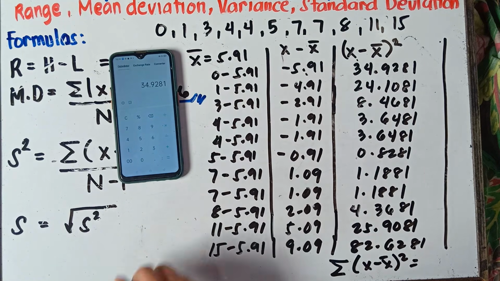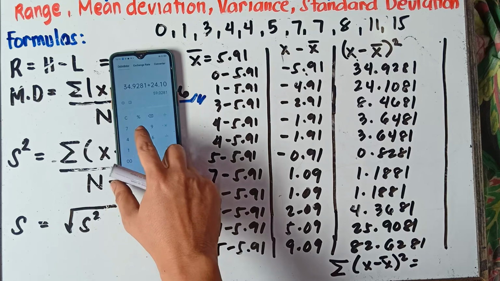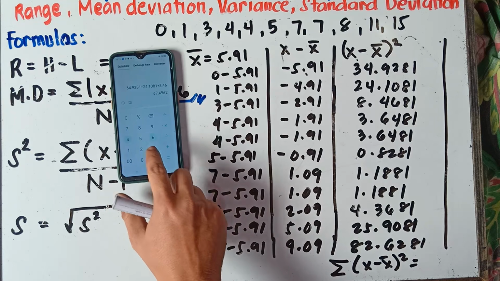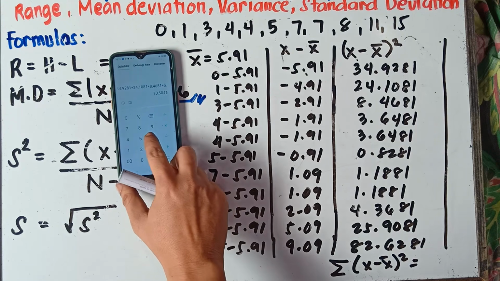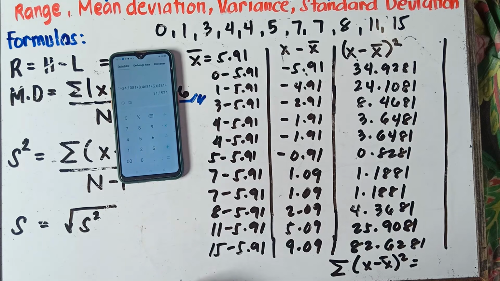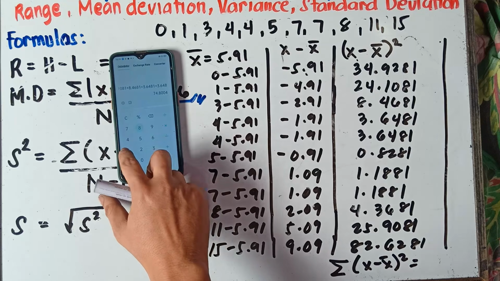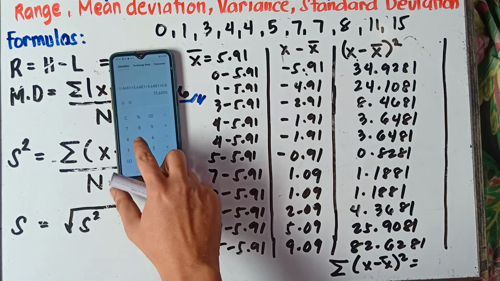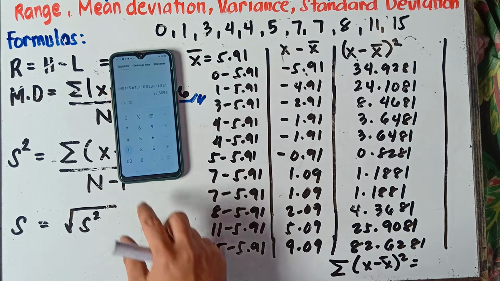34.9281 plus 24.1081 plus, do it step by step, 8.4681 plus 3.6481 plus 3.6481 plus 0.8281 plus, do it step by step, plus 1.881